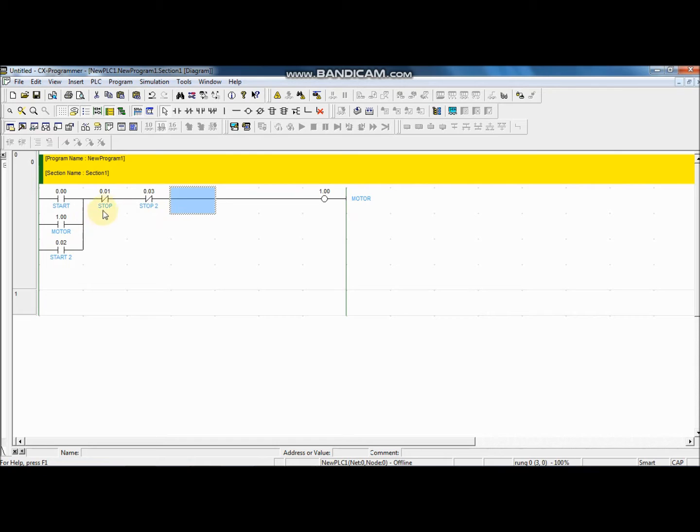Let's say there are two stop buttons, because there are two persons in charge, or the distance between stop 1 and stop 2 is far. Whenever a stop button is pushed, it doesn't matter which one, the motor will turn off. This is for safety purposes; an extra stop button is much better.